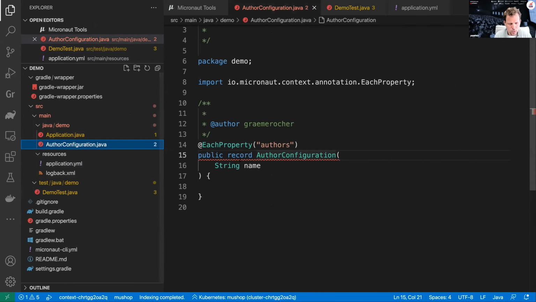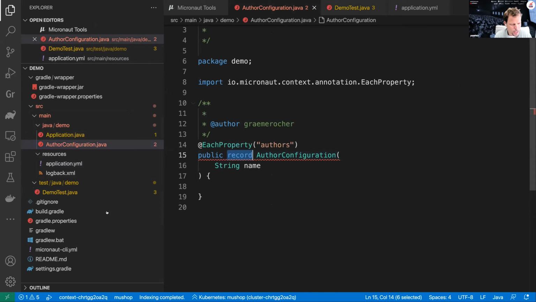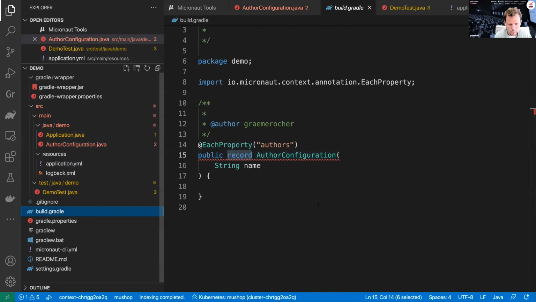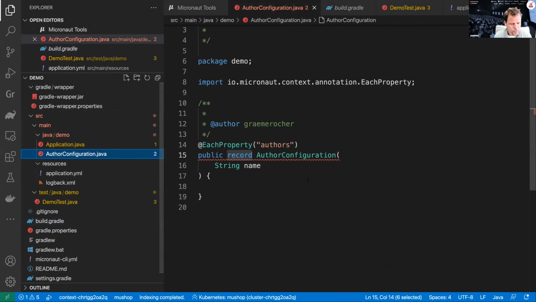So we've added broad support for records, and it works as expected. So another thing with regards to JDK 17, GraalVM and records is we have,